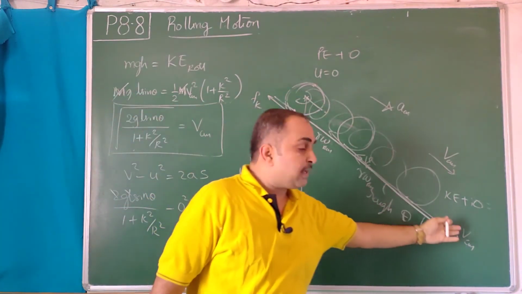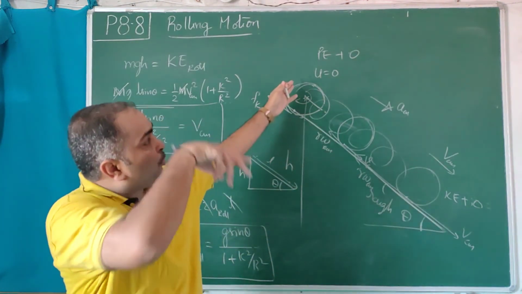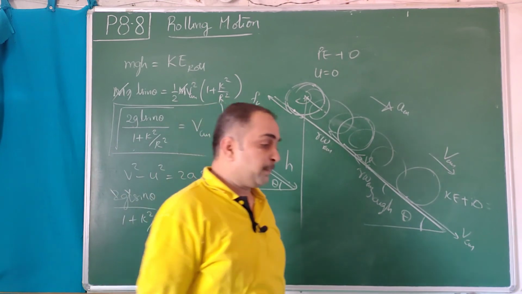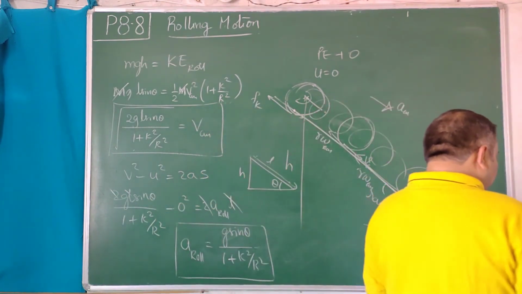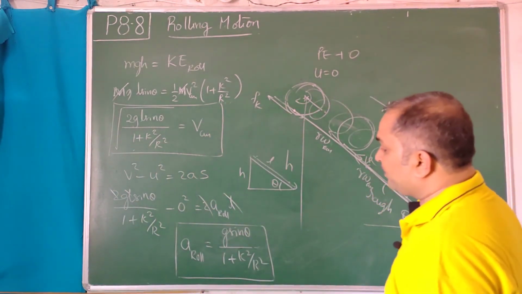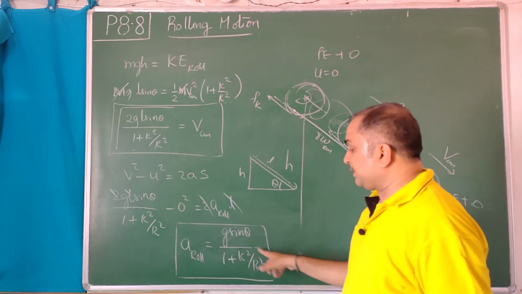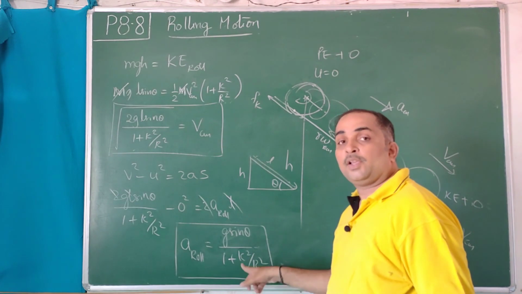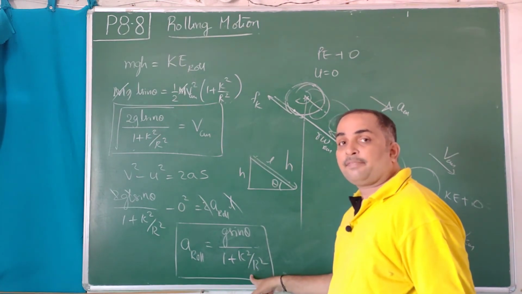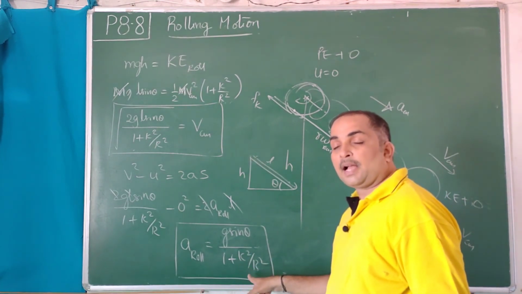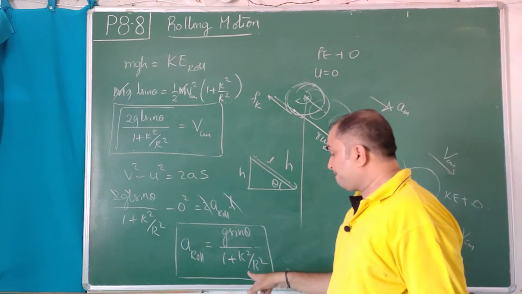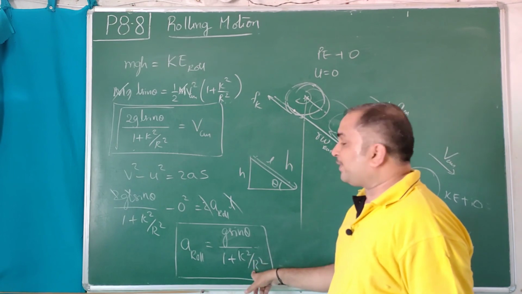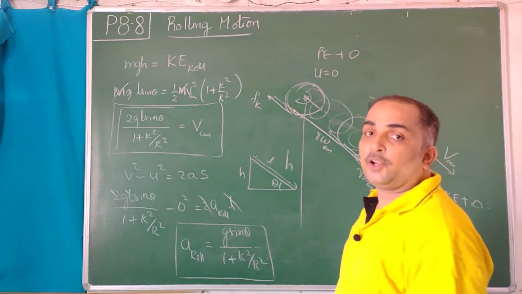Whatever energy is here, the same energy is there. But here it was in the form of more potential, less kinetic. Here it is more kinetic, less potential. So the total is conserved. This way a rolling body can be done, and the acceleration of a rolling object changes by the k²/r² value. For a ring it is 1, hollow cylinder 1, circular disc half, solid cylinder half, hollow sphere 2/3, solid sphere 2/5. By putting those values you can get the velocity of any object.